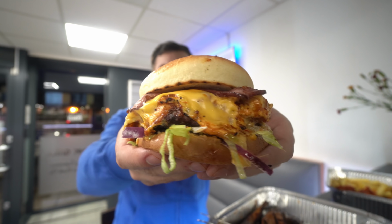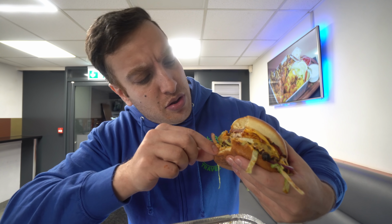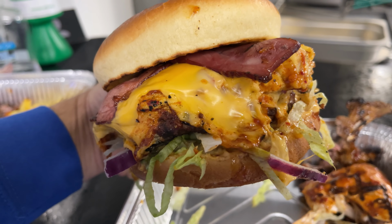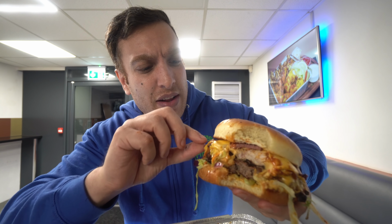Guys, I think that's my protein allowance for the day. Not the burger, just the one bite. There's so much going on there. The chicken breast is a really sizable amount. I'm not sure how much the actual patty weighs, but I would say it's a fairly considerable size. It's thick, some turkey rashers, there's a load of cheese, there's a ton of flavour, there's a ton of